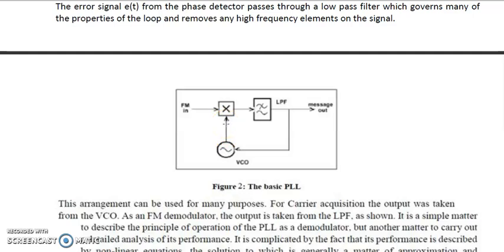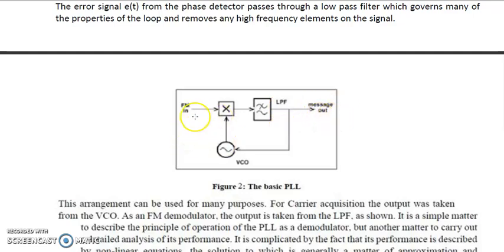Now B is varied. Since it is FM, the instantaneous value of the frequency modulated signal is continuously varying, and B is also varied. Up to the point when A and B have a difference, the output of the phase detector will generate a difference signal, an error signal, and according to the error signal, this low pass filter will generate the AC signal, which will actually be the message signal.